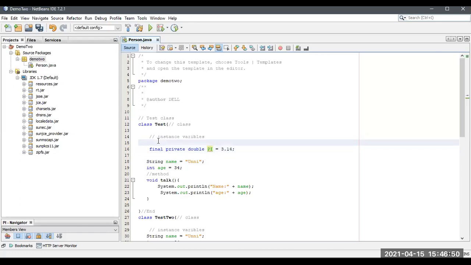What is the use of the final keyword? If you declare a variable as final, I'm not going to change that one throughout the program. Every time I'm going to access it, but not change it dynamically. That's why we use the keyword final over here.